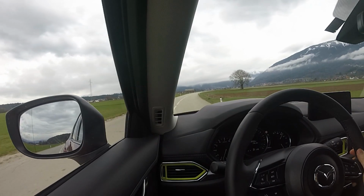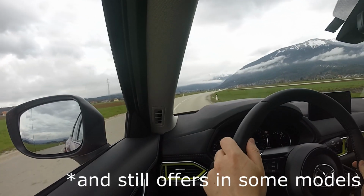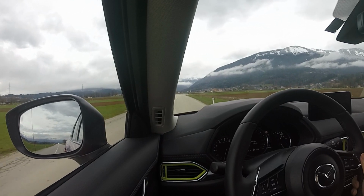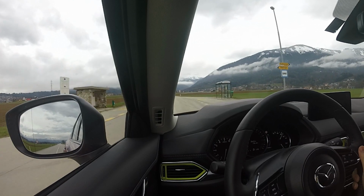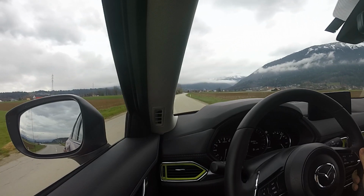So let's say you would have an option of this 2.5-liter gas engine or a 2.2 turbo diesel that Mazda used to offer in a lot of models. Well, some models. What would I choose? It depends on your driving style. If you would be driving on short routes, then probably a naturally aspirated gas engine is the better option, because you won't have any troubles with the turbo, you won't have troubles with the diesel particulate filter, and so on and so forth. If you were driving long distance more often, then I would definitely go for the diesel, because you'll have